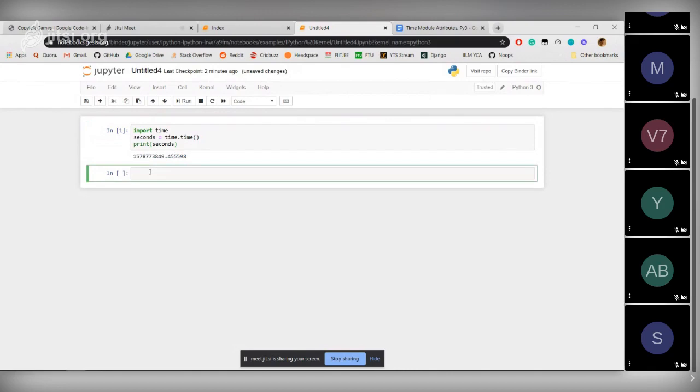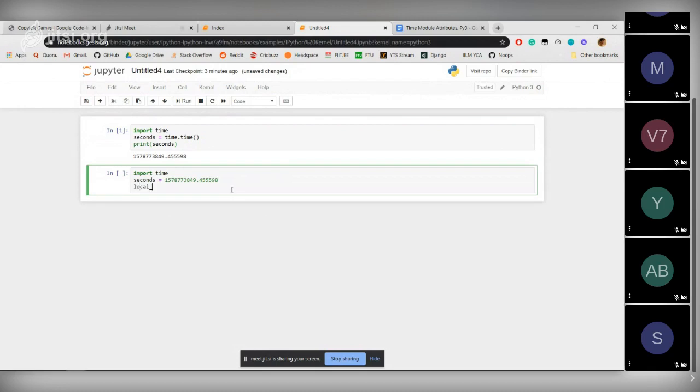Next comes the dot c time. Okay, so the time.ctime function takes the number of seconds that have passed since the epoch and then returns a string that represents local time. So how we do this is I import time. I put in a certain amount of seconds. So I put this right now because these are the number of seconds that have passed. All right. Now I define a variable called say local time, which is time.ctime